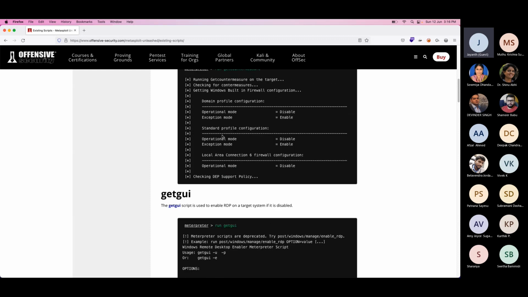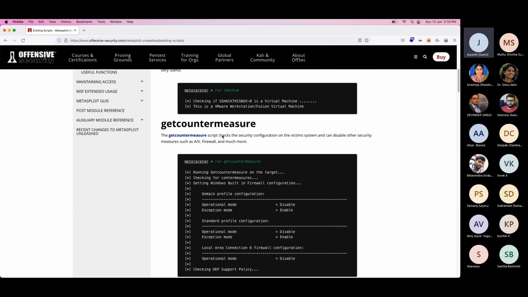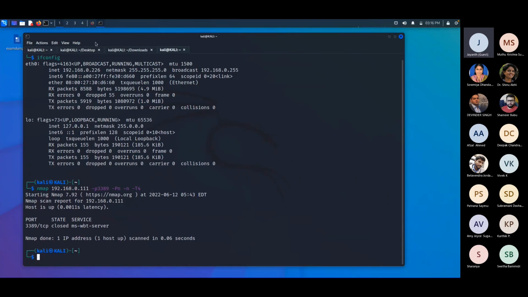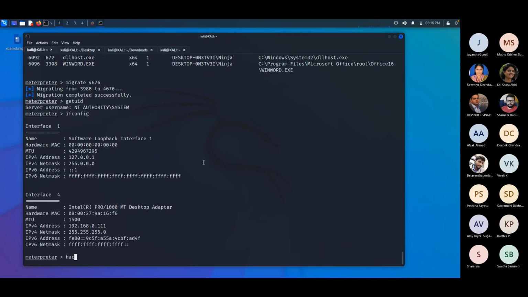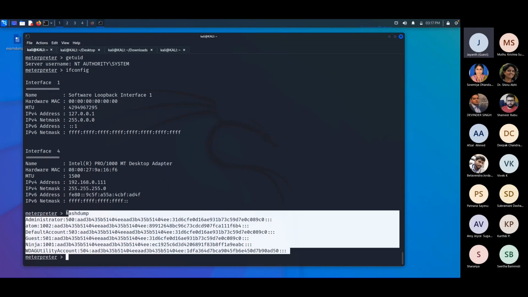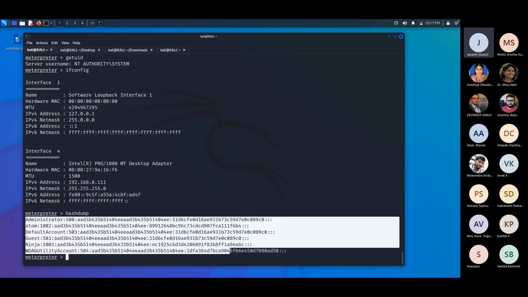Of course, most of these Metasploit scripts will work even if you don't have a privileged state, but certain activities require a privileged state. For example, if I want to dump hashes from the Windows machine, I think you all know hashdump. Hashdump will dump hashes from the target device. Simply copying these hashes and feeding them to John, you can get the password of the target. So let's copy this